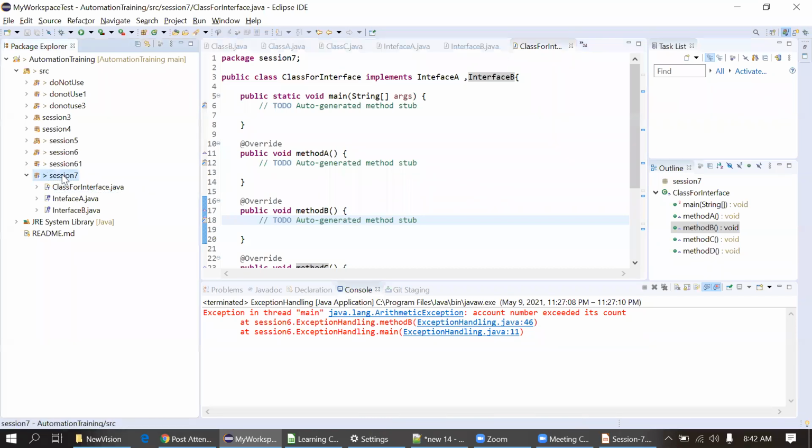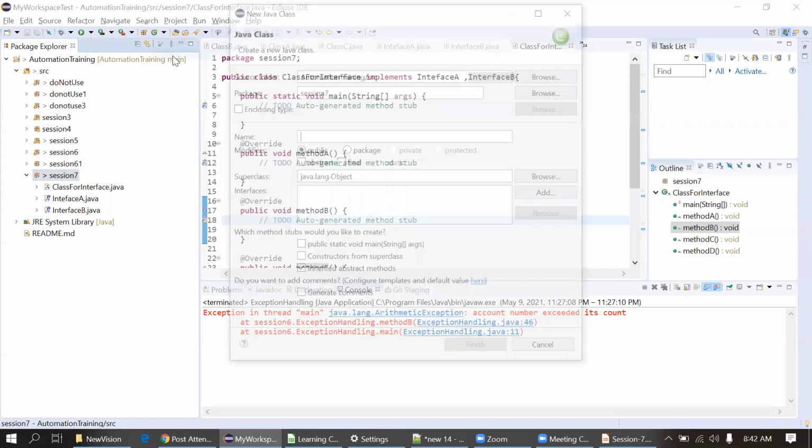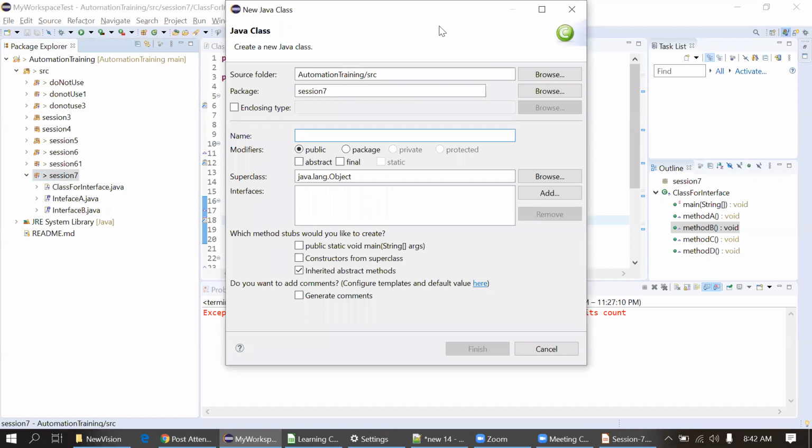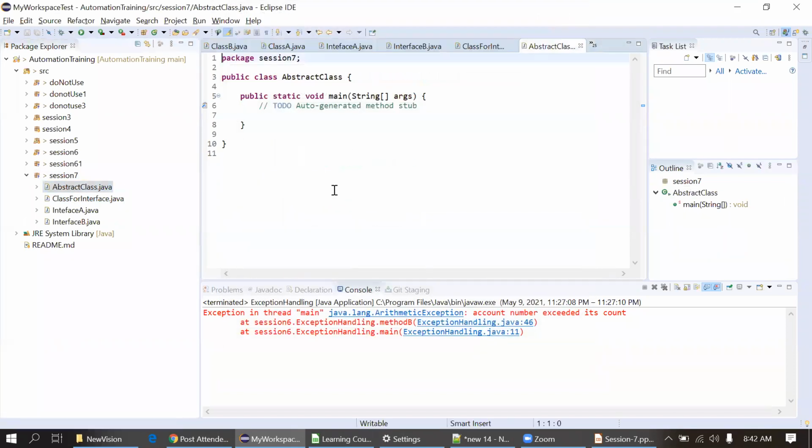So now I'll go for the abstract class, because I only gave a high-level overview in yesterday's session. So I'll try to implement that abstract class, abstract method here. Okay, again creating a method.